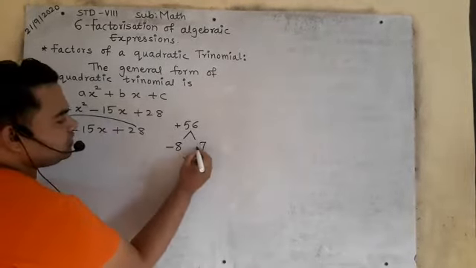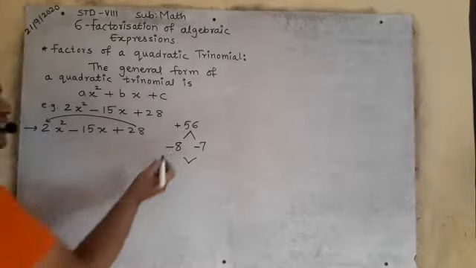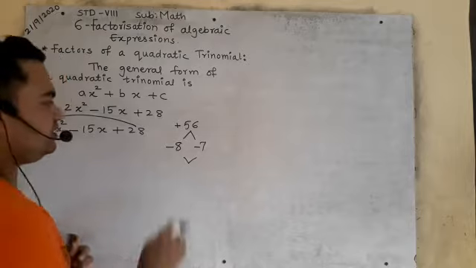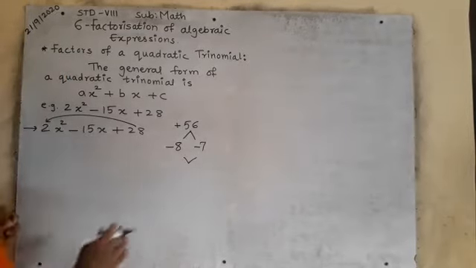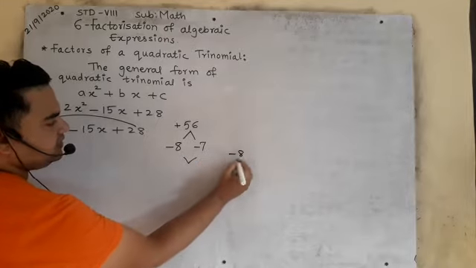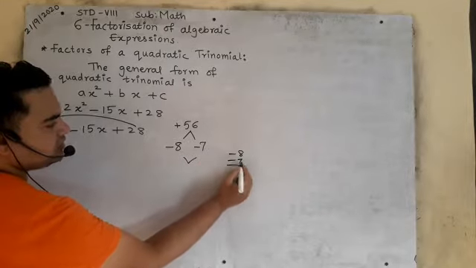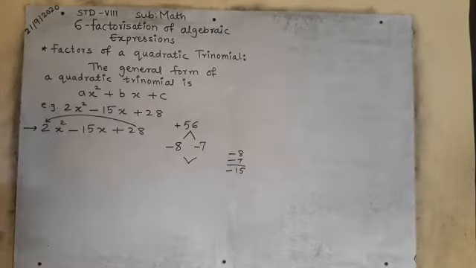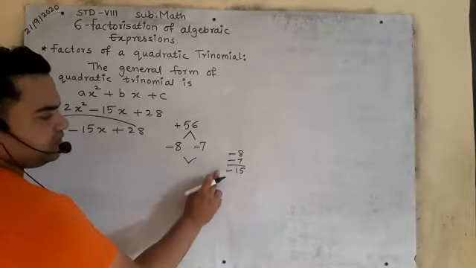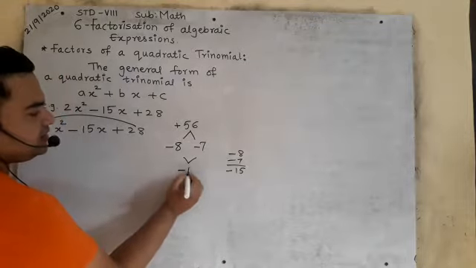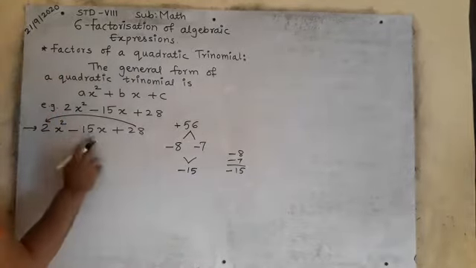First I will give both the terms a negative sign, because negative times negative can convert into positive. First you have to check. See, 8 sevens are 56. Now see, this is minus 8 and minus 7. Minus 8 minus 7, how much? 15. And minus minus minus. Is it clear? And the addition of these factors will be minus 15, which is your middle term.